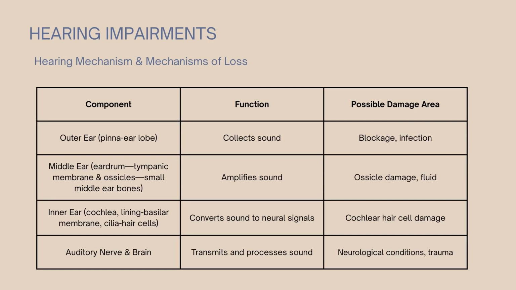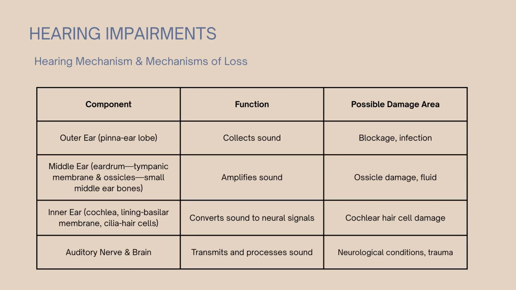So, first, sound waves enter the outer ear. There's what we call the pinna or earlobe, which collects the sound, and then the middle ear, which is the eardrum or the tympanic membrane, and there are ossicles there, small middle ear bones, which are responsible for amplifying the sound. And then after that, the inner ear, which is the cochlea, and there's a lining there called